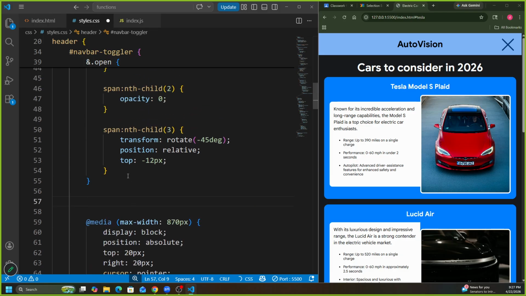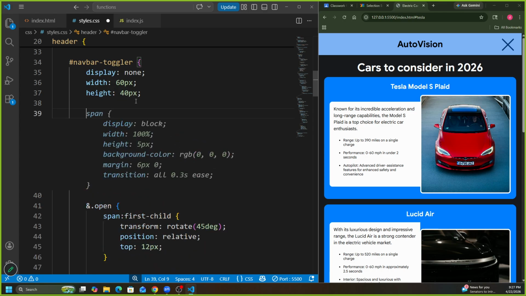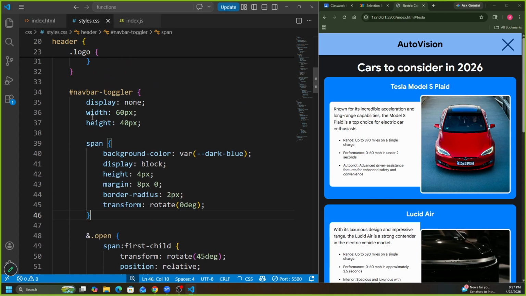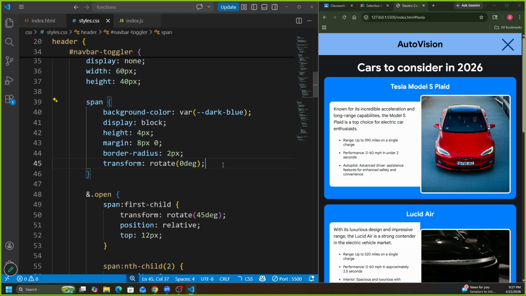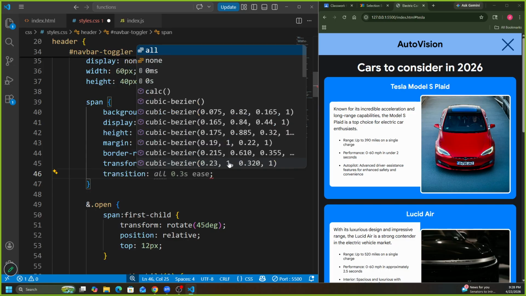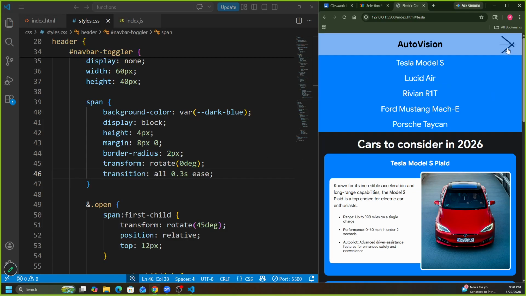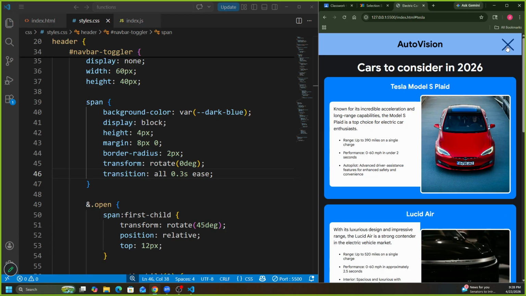I should probably put this before the open. Okay, so add a transition. All whatever, 0.3 seconds ease. Okay, so it animates,